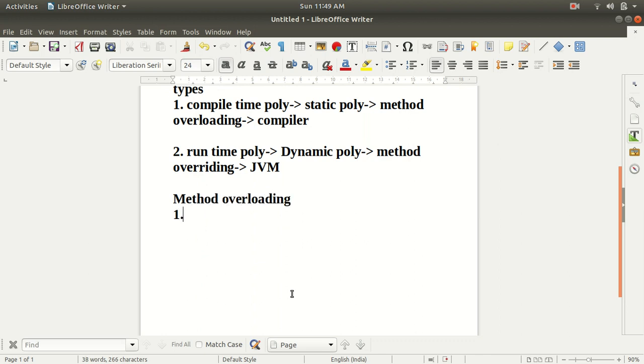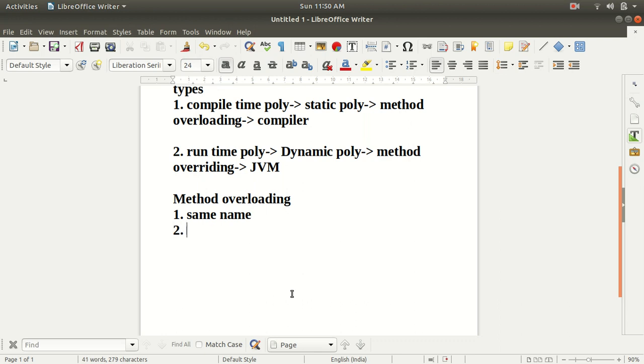Okay, so there are rules for achieving method overloading. The first rule is that in method overloading we create multiple methods, and the multiple methods should have the same name. All the methods which we want to overload should have the same name.